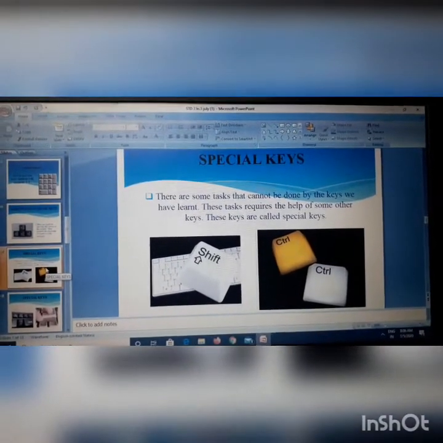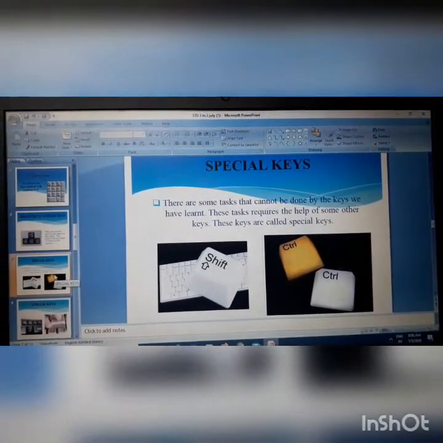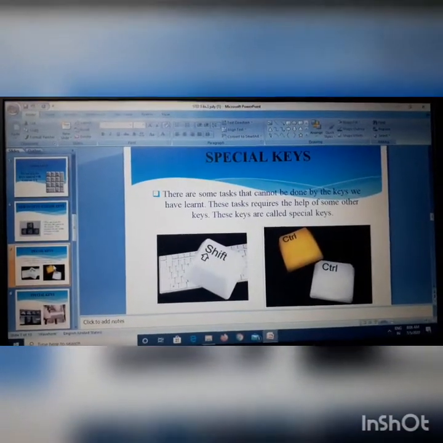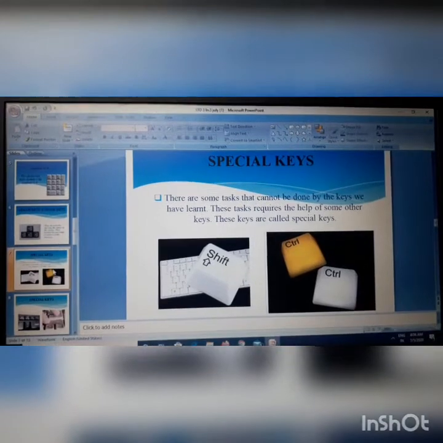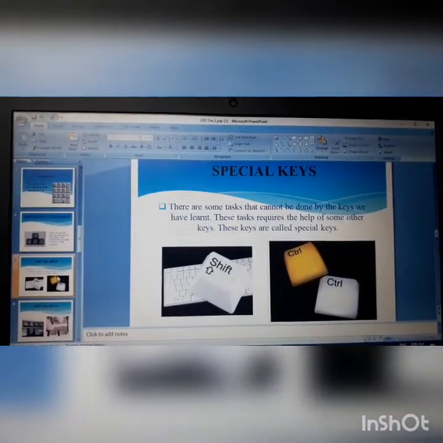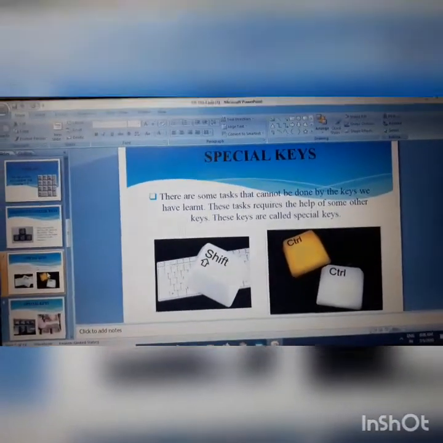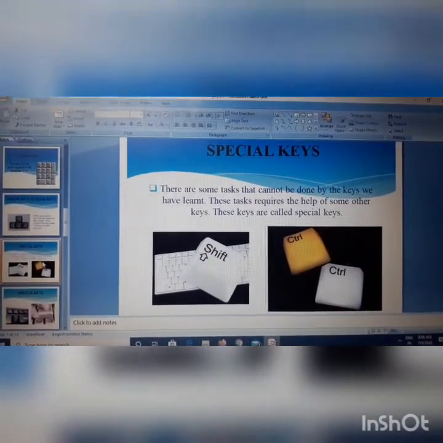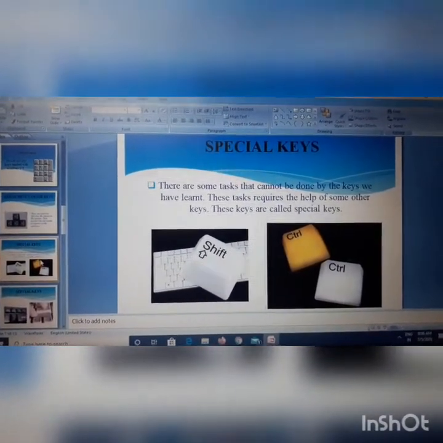Have you noticed some keys with 2 different symbols marked on it? For example, in number keys, we have the numbers also and special symbols also. The upper symbol is called the upper character and the lower symbol is called the lower character.